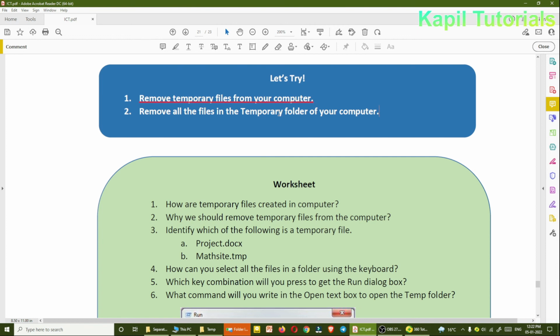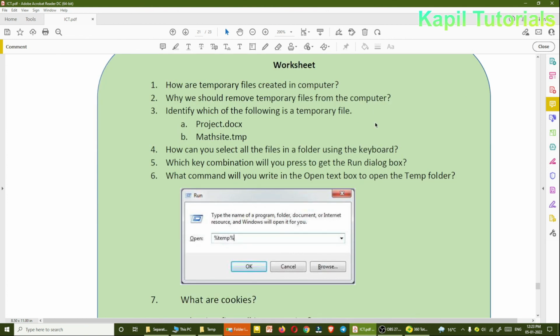Remove all the files in the temporary folder: select them with Control and press the delete key. Then a simple worksheet. How are temporary files created in a computer? I have told you earlier also, temporary files are created when you are installing some new software or a new app.